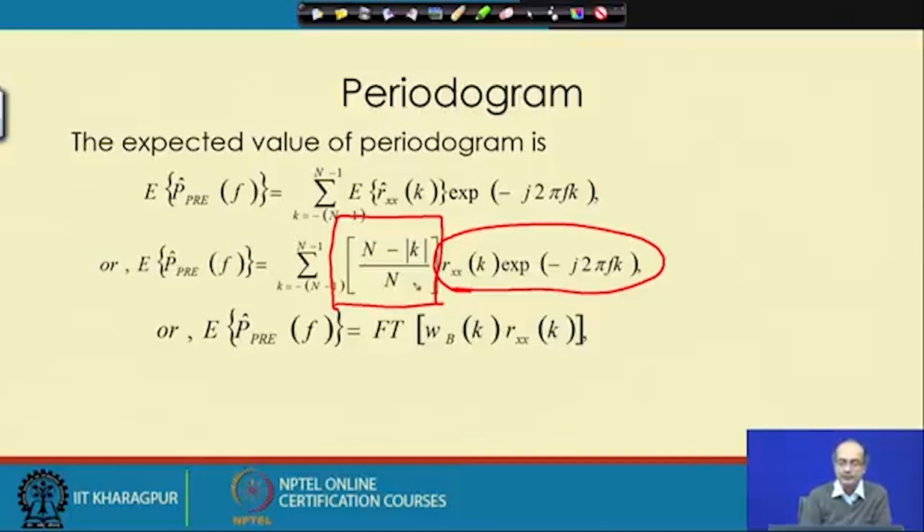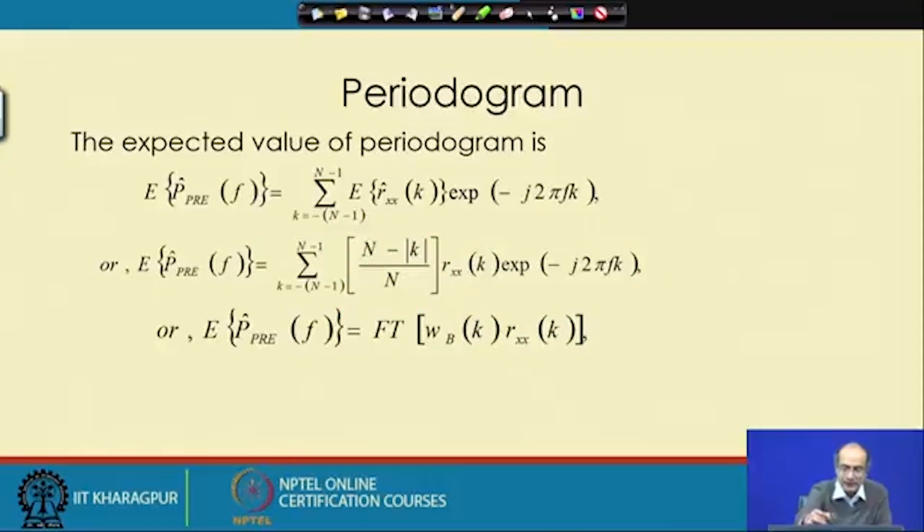Along with that, we have a new function, WB, a windowing or weighting function applied on the autocorrelation estimate. Then we are computing the Fourier transform of the product of the window or weighting function multiplied by the autocorrelation of the signal. WB has a particular form,